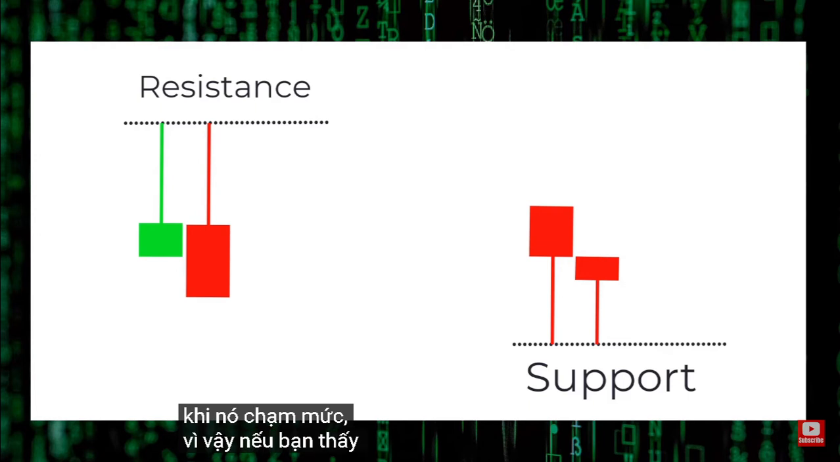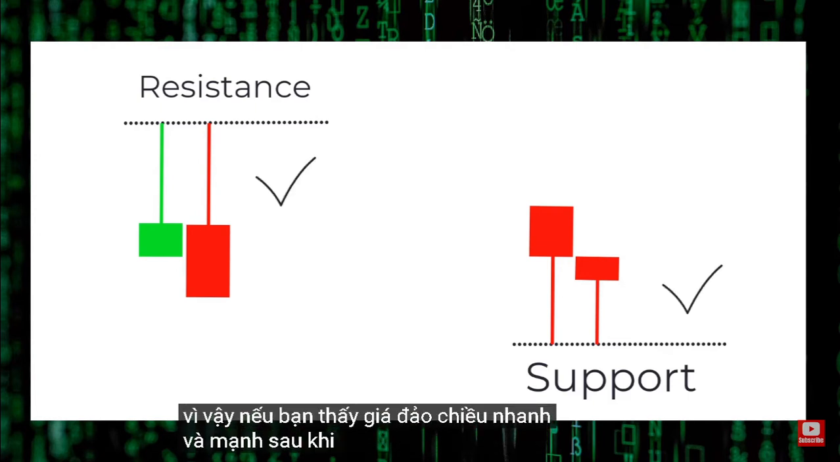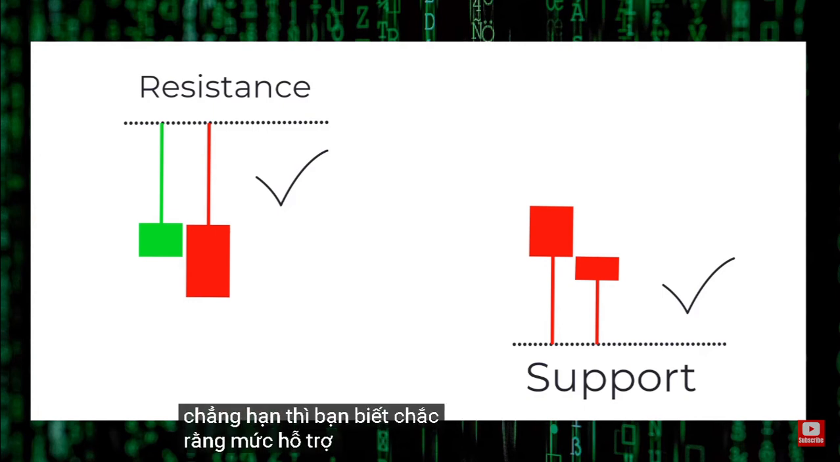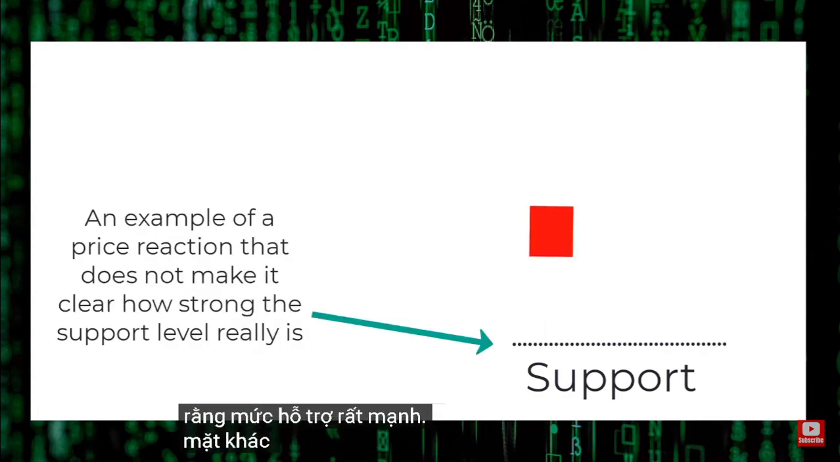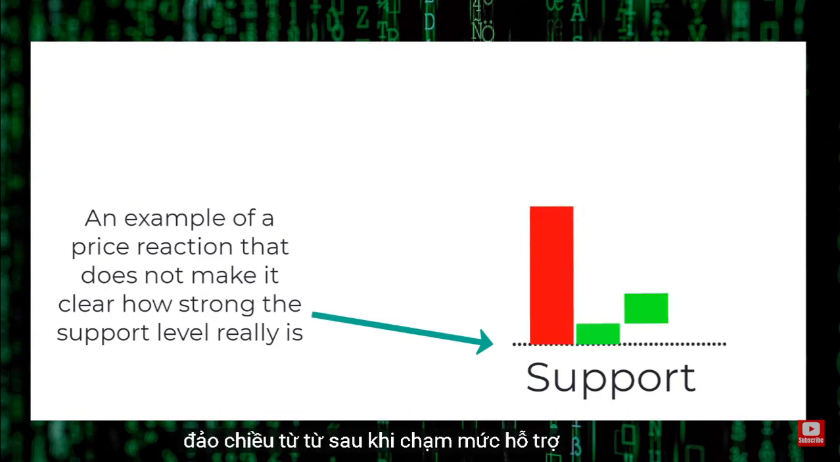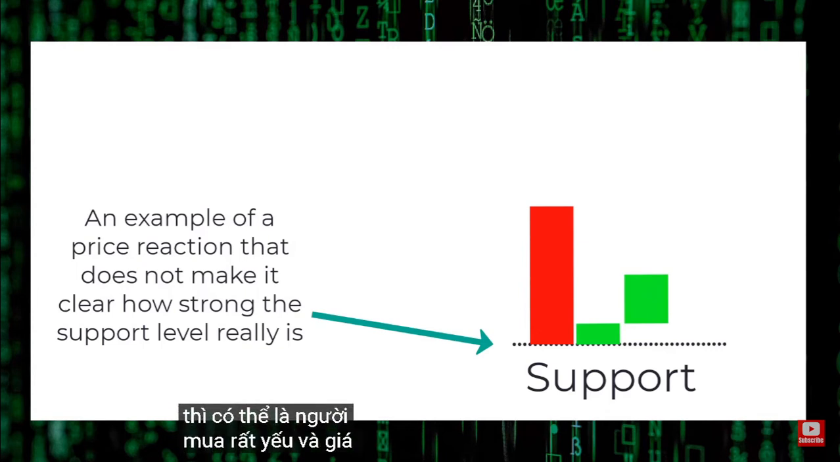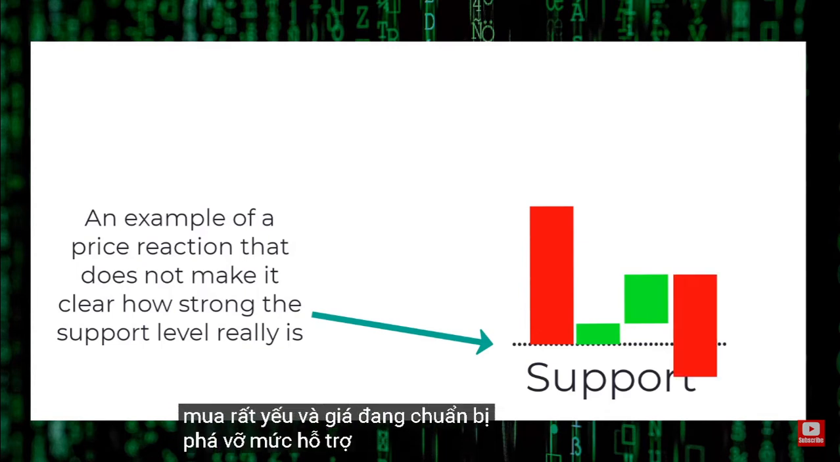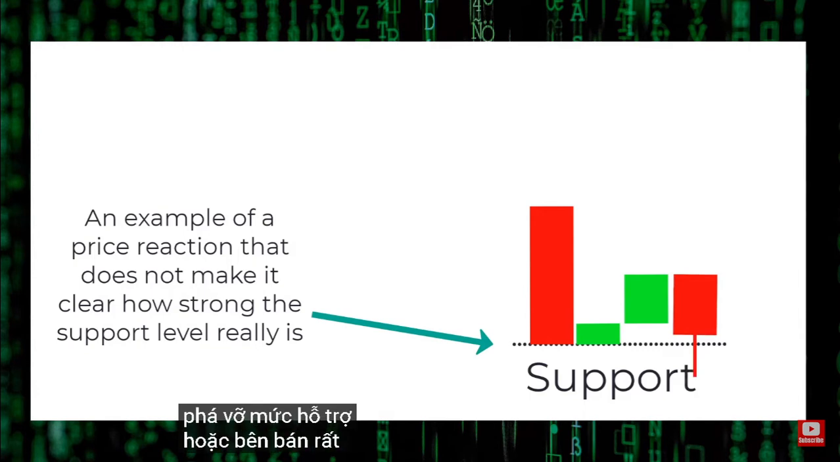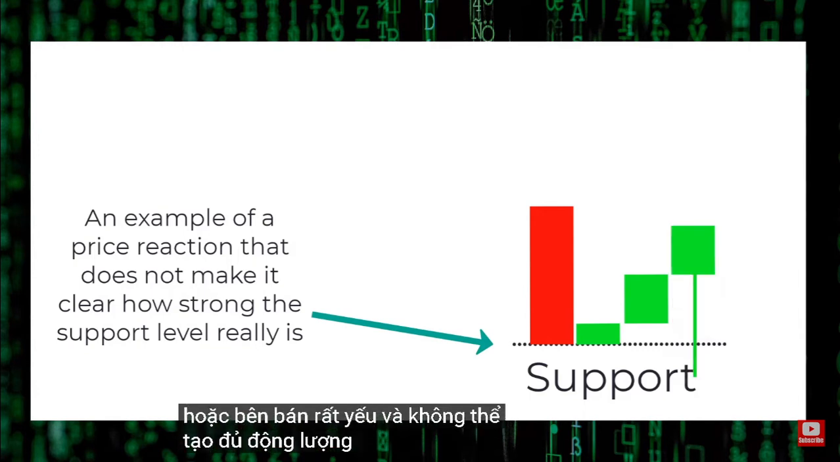So, if you see the price reversing fast and sharply after hitting a support level, for example, then you know for sure that the support is very strong. On the other hand, if you see the price reversing slowly after hitting a support level, then it could be either that the buyers are very weak and the price is preparing to break the support level,